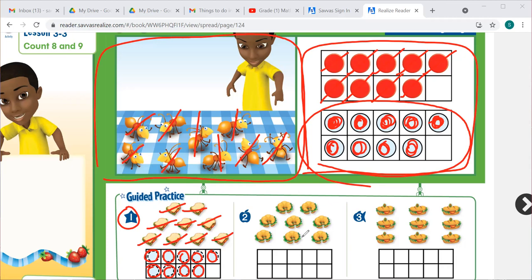And now we can count 1, 2, 3, 4, 5, 6, 7, 8, 9. There are 9 sandwiches. All right, let's go over here and do the same with these sandwiches. So we're going to use one counter for one sandwich. One sandwich, one counter, one sandwich, one counter, and we're going to keep doing this until we've used all of